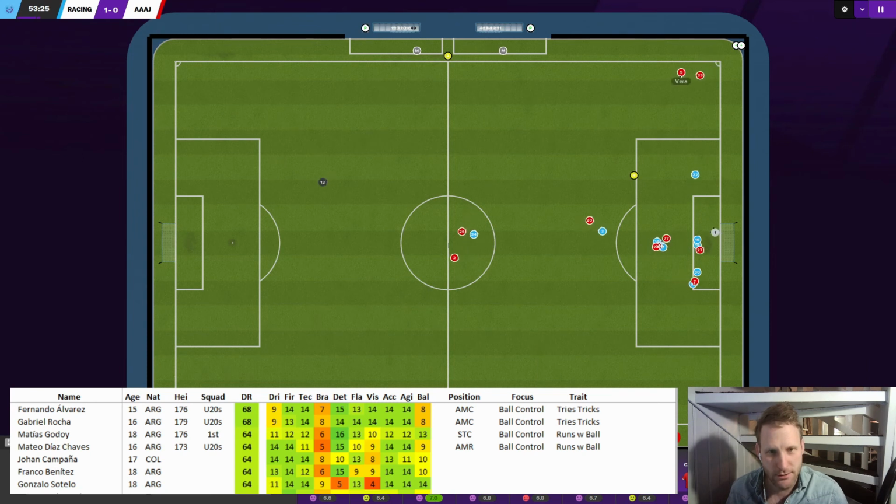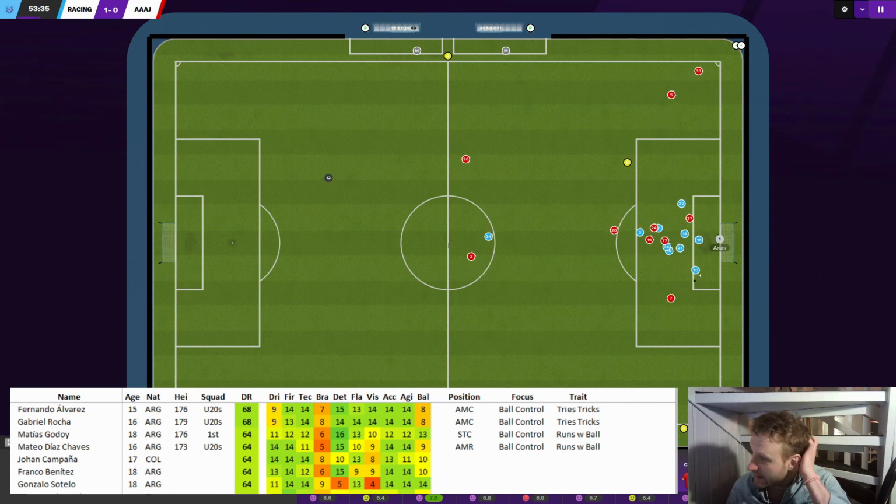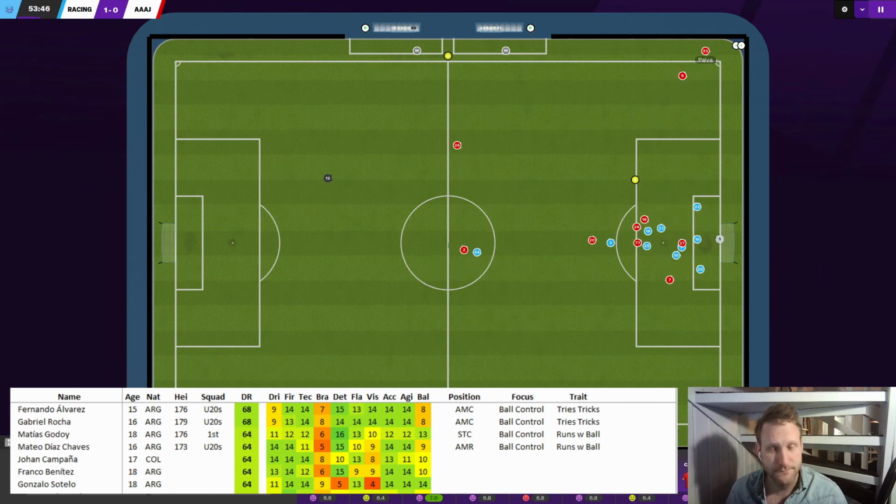Oh, we are getting too defensive for me. But it could be good to have an away tactic. Corner. Awful.